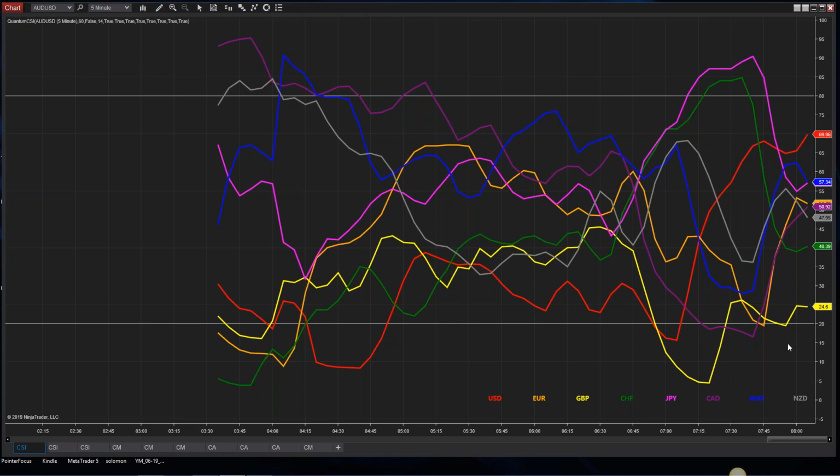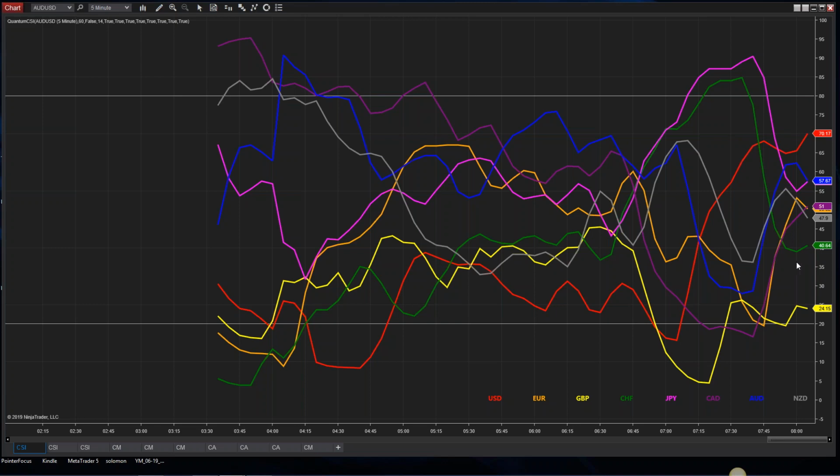But those are the sort of opportunities, and also those opportunities which have no interest. What's interesting, just to pick up on the Swiss yen again, you can see here the green line and the magenta line really following one another around very closely. So all you can infer from that is that there's no trend on that particular pair on 5-minute at any rate, because the Swiss franc and the Japanese yen are being bought and sold equally at pretty much the same